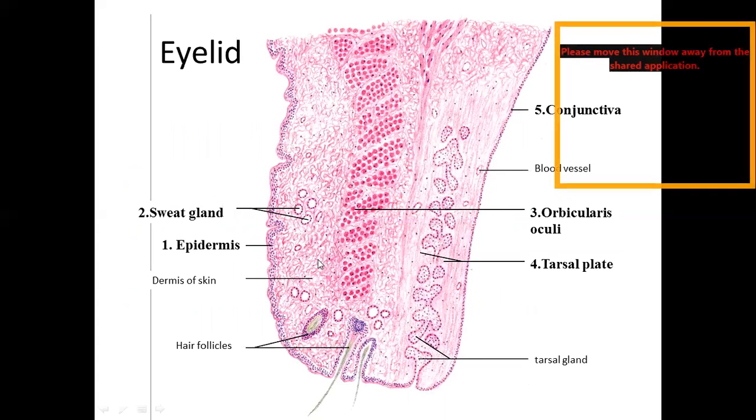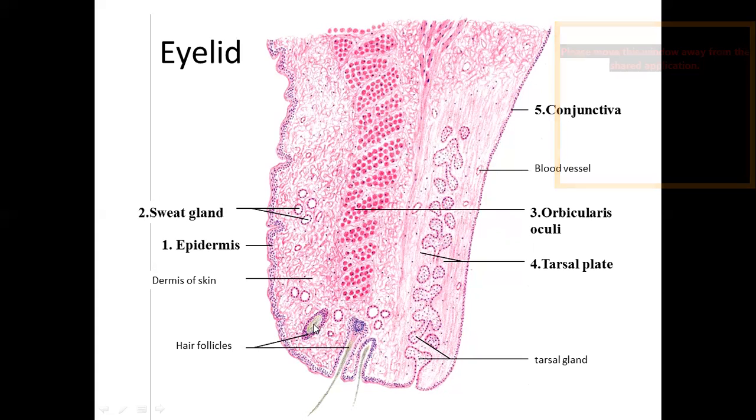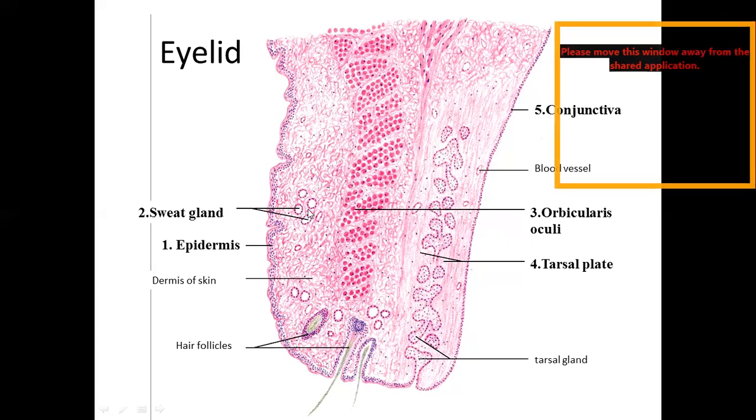So if you see the histological structure, first you get the skin, which is covering your eyeball. The skin is thin, with epidermal and dermis layers. In that you have eyelashes too, so you get hair. You get the hair follicles inside. So you can see a feature like a thin skin here.